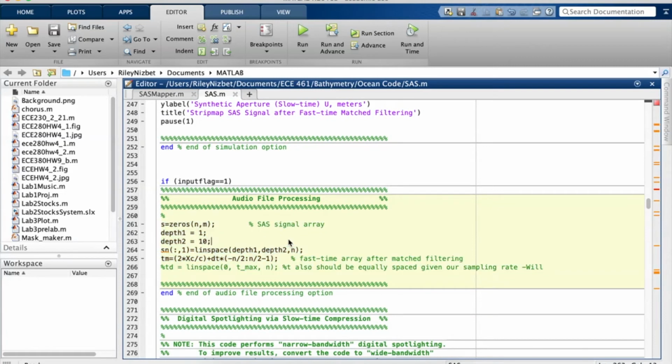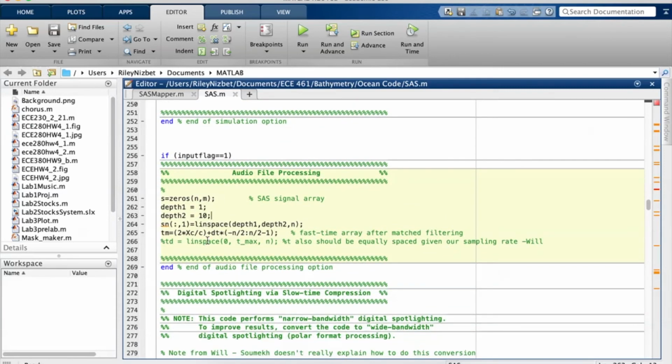This is a couple lines of code that Will Willis and I went through this semester to try to create the correct arrays and whatnot for the later code to actually run. However, with a lack of knowledge of SAS in general, we couldn't really do much with this. So this is the section of the code that really would need to be beefed up and actually created in a correct manner